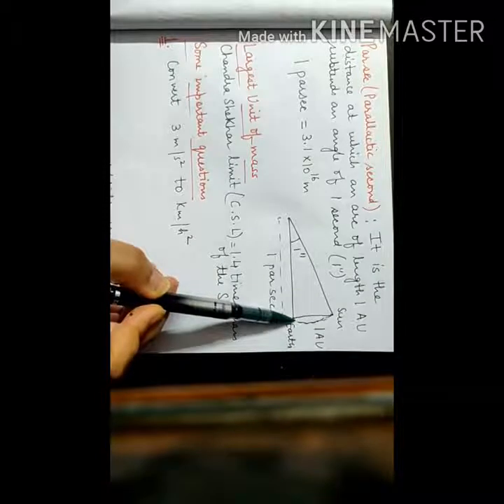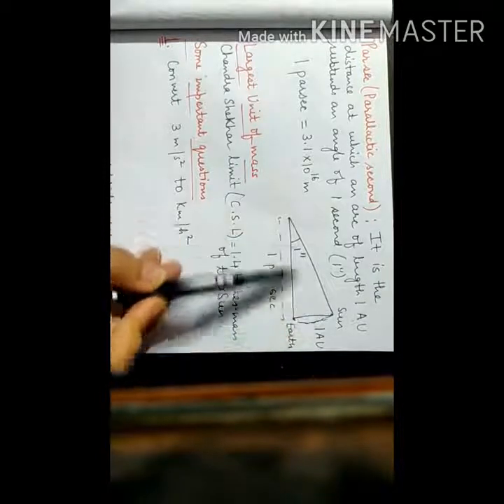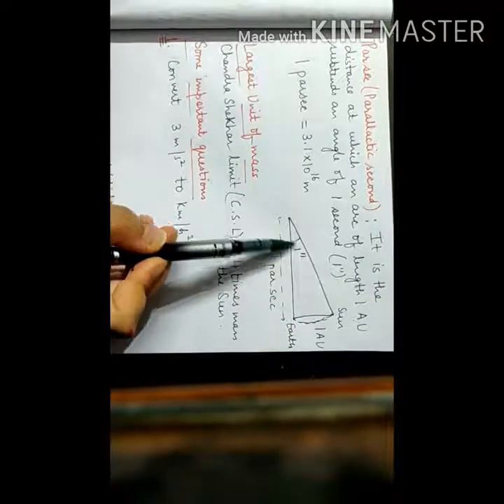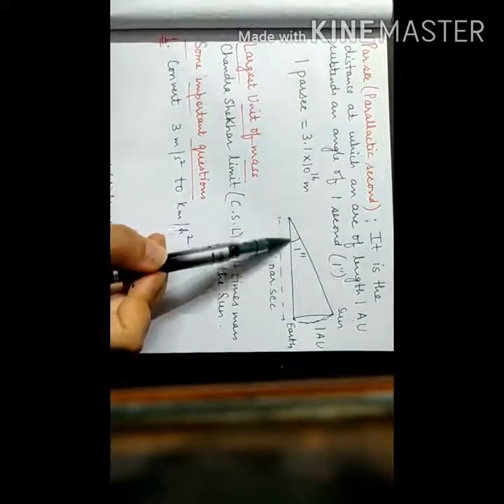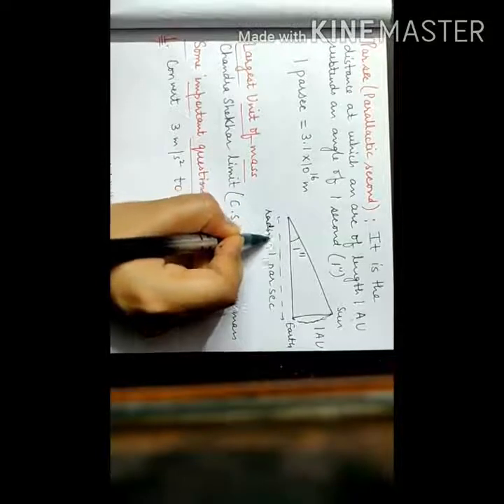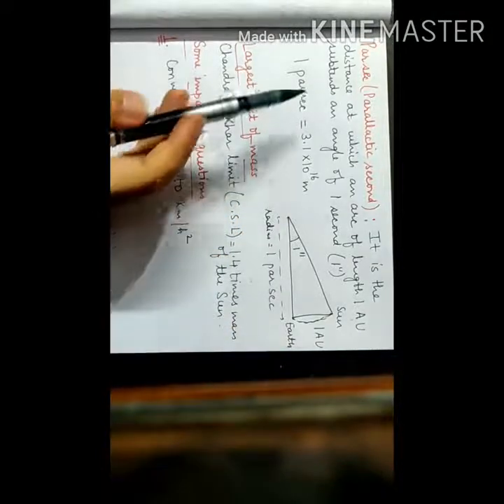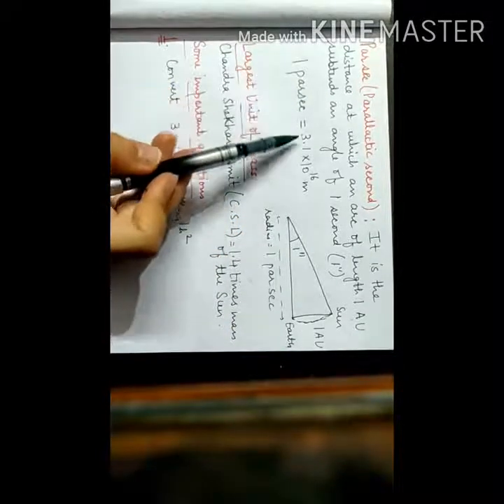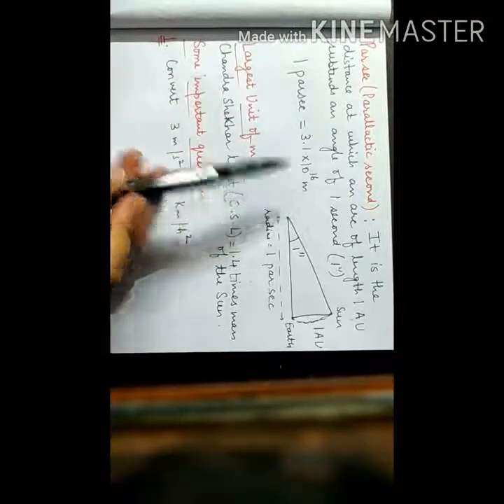Arc length is 1 astronomical unit. Angle subtended at the center is 1 second. Then what will be the value of the radius? The radius will be equal to 1 parsec. And when you calculate this value, 1 parsec will be equal to 3.1 into 10 to the power 16